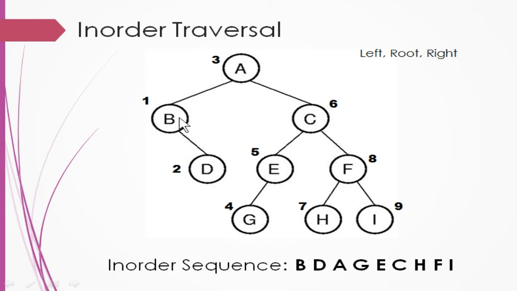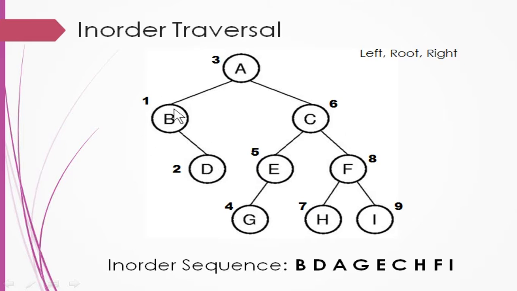And here you can see B, that is the next node, which is in left. And below that you don't have any other nodes to the left, so you have to mark this as the first one. Okay, that means this is the left node. You don't have a left node here, so next comes root. So B will be marked first, and after root you are going to the right. So here you got D, that is marked next, number 2.